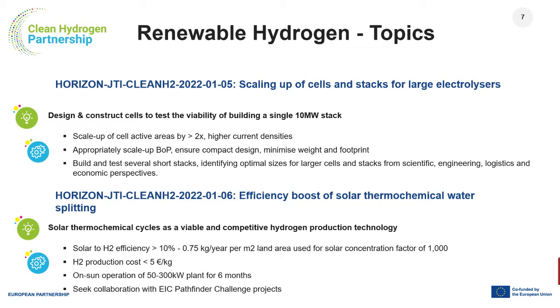Topic 1.6 is the alternative to electrolysis, renewable hydrogen production route. It's the concentrated solar for solar thermochemical water splitting, aiming to prove that this is a viable alternative to electrolysis route for producing renewable hydrogen. A very ambitious solar to hydrogen efficiency of more than 10% through process intensification, better exploitation of the and recuperation of the heat generated,